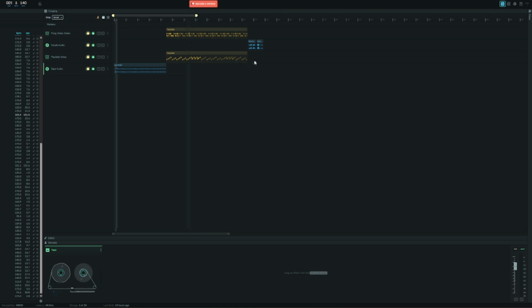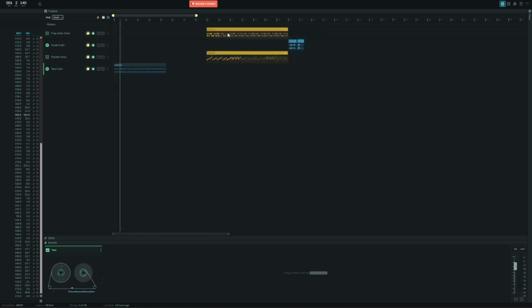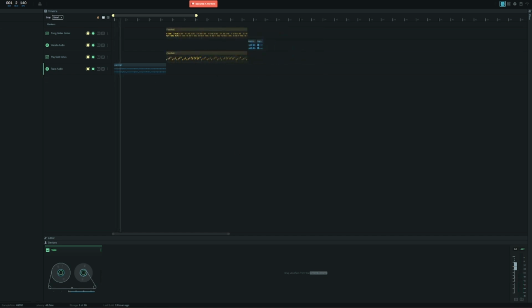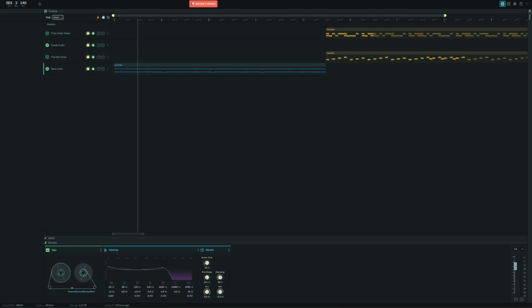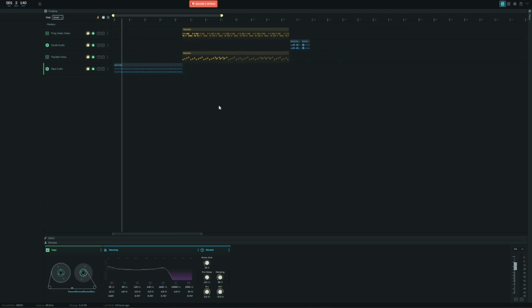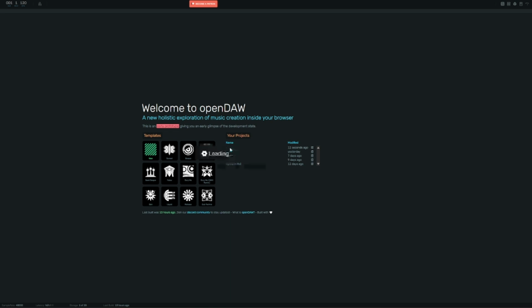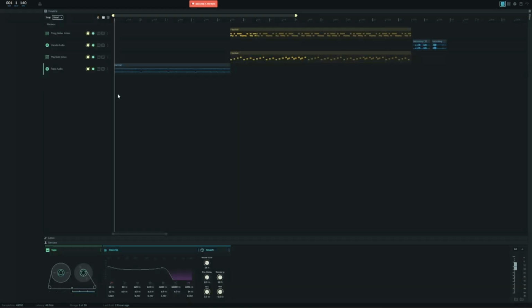OpenDAW is web-based and it is intended to be open source in the near future. And Andre is incredibly committed to making OpenDAW. I see updates generally once a day, sometimes even an update, and then 2 hours later I see a bug fix come out. I'm just amazed at how much effort goes into this because Andre is not working on OpenDAW full time. He has a programming job aside from OpenDAW, and yet he still is doing so much work for OpenDAW. Just recently the Playfield came out, which lets you make all these custom audio files into an instrument that you can play on the DAW, which is really cool.